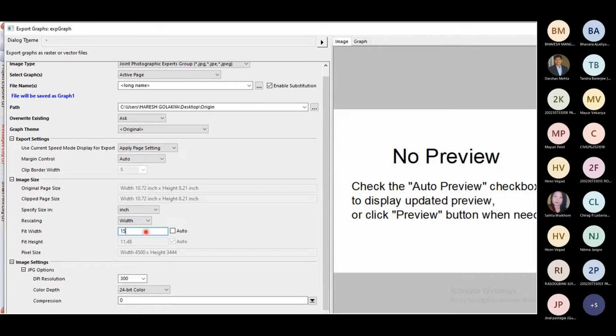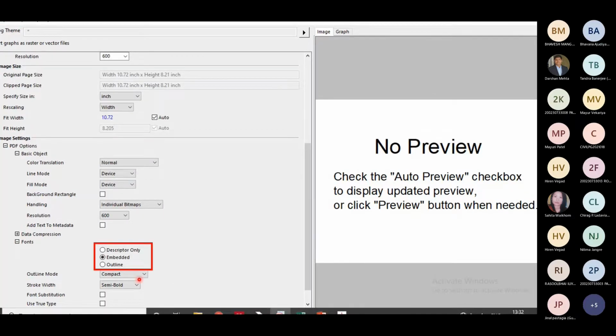Sometimes the size is asked, then you can do this by size, and sometimes resolution is asked, so you can use that. Many journals are asking for minimum 300 DPI resolution, so the DPI resolution of that particular chart can be changed from here. And this also you can save as a template. So every time you do not need to set all this. So I have made it 600.